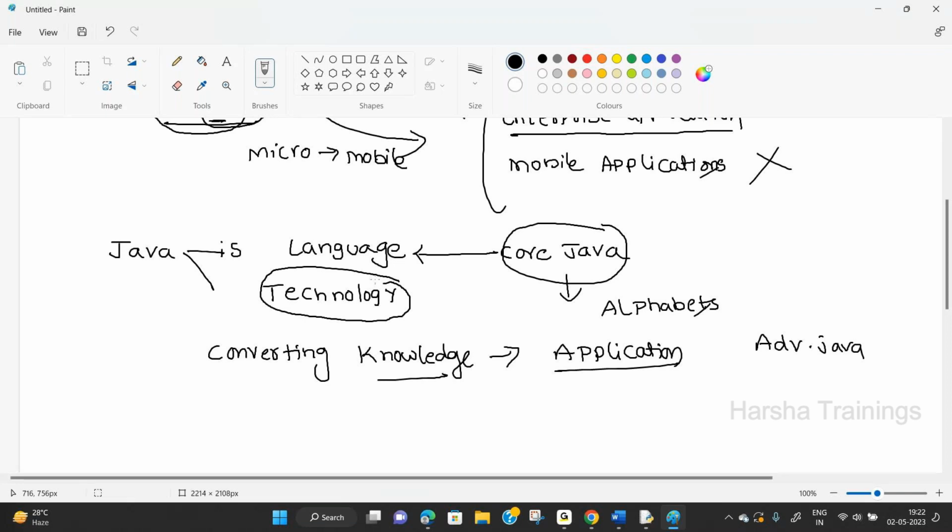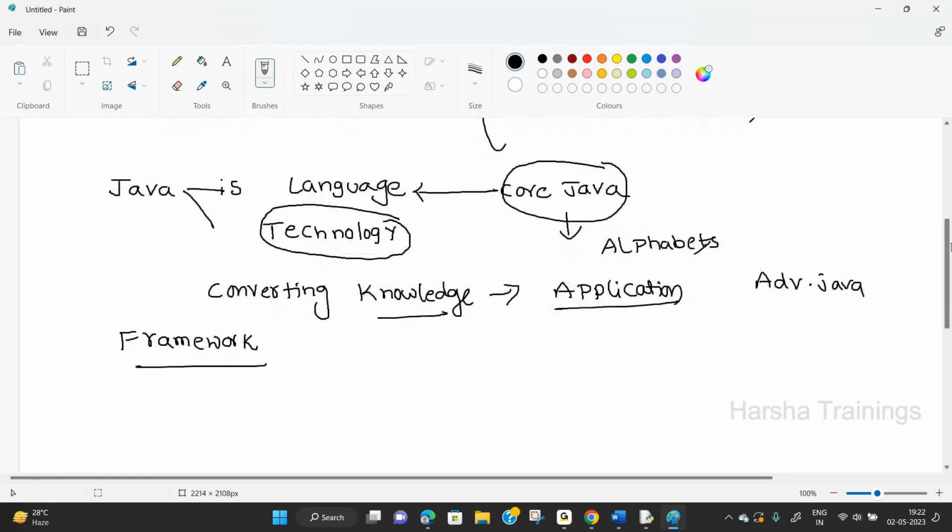So nowadays one more term is very popular in Java. What is the most popular term? Framework. So framework is one of the most popular terms. What is framework? Simple understanding. Framework means a readily constructed thing. Simply you have to use it. If a thing is already available, you need to know how to use it and you have to use it. No need to write the complete logic.